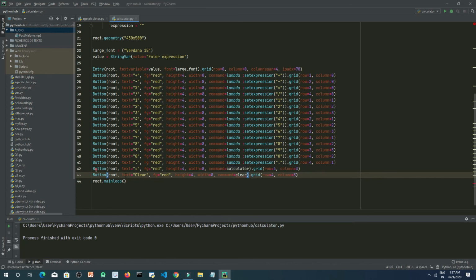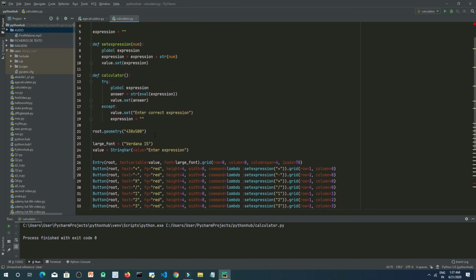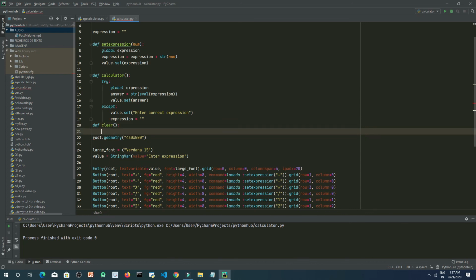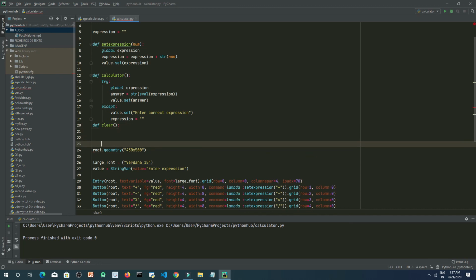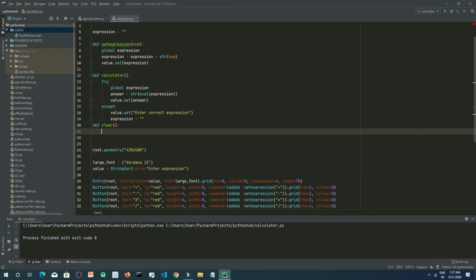So that on clicking this button, the clear function will get evaluated. So let's now type def clear. We want the entry widget to be cleared now. So how can we do that?